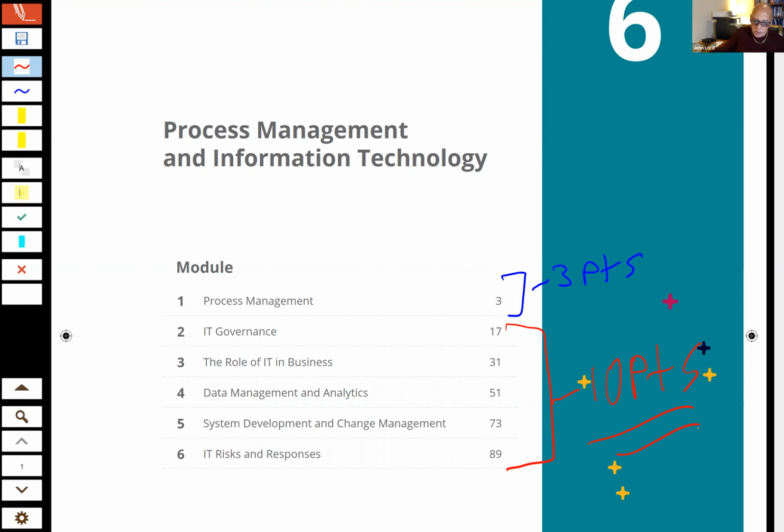Don't sleep on this stuff, guys. This is a 10-point area, so I want us to get into that. We're going to start right now with module 2 so that we keep the theme of IT discussion going. Again, look at module 1 on your own. In the couple of sessions that we have left, we will wrap up chapter 6 tonight. Next week we'll wrap up chapter 6.